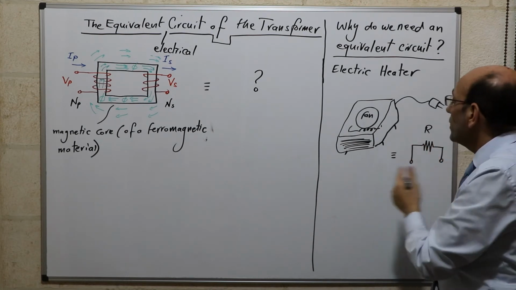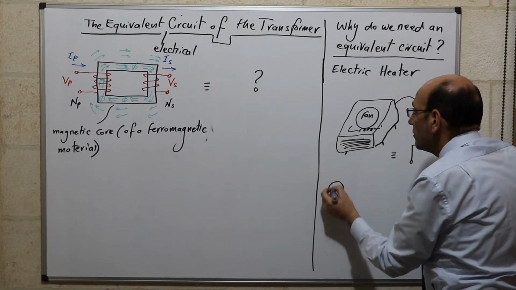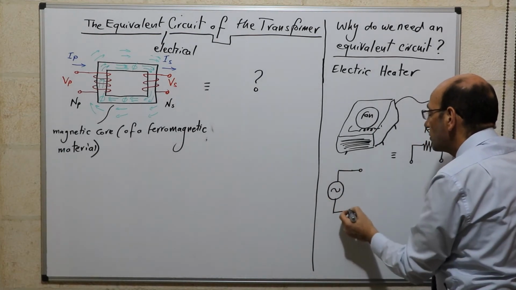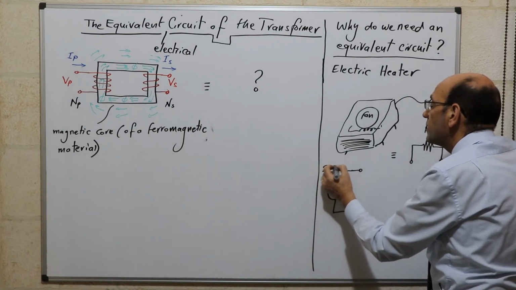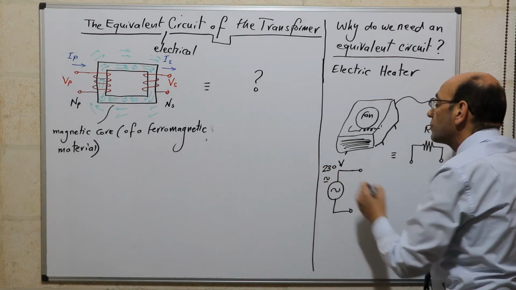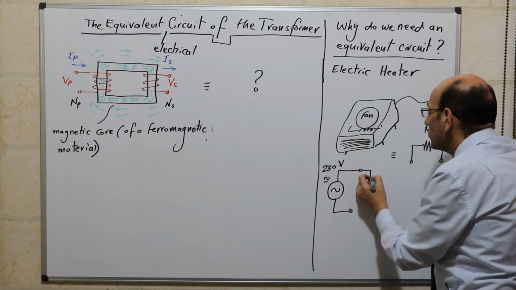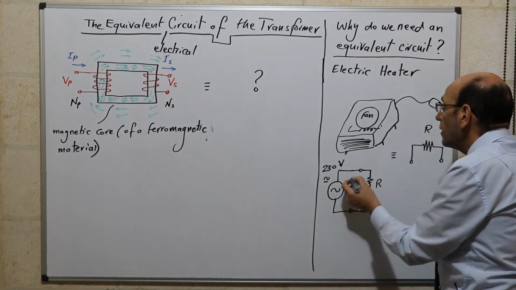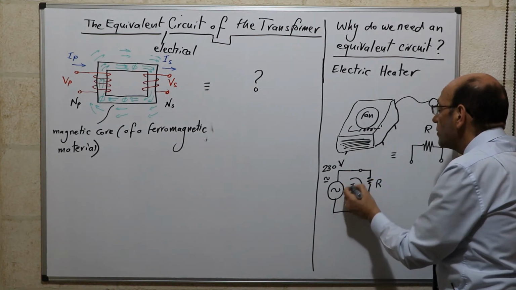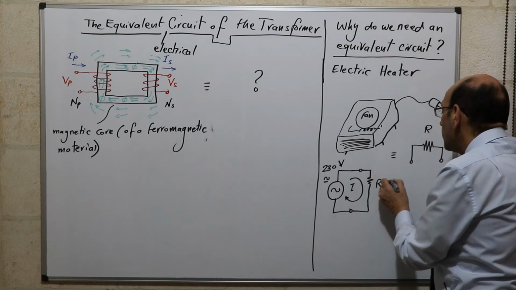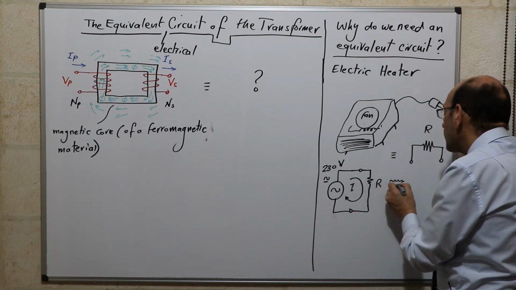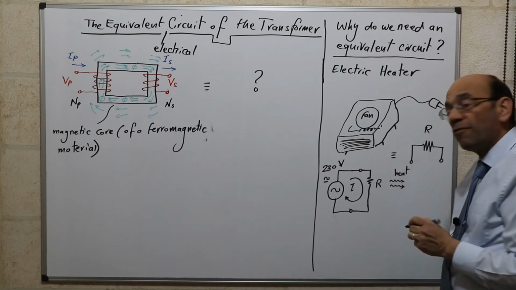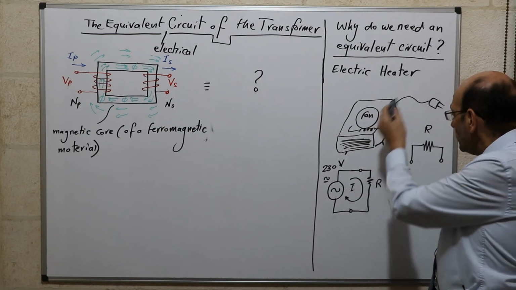And this is useful now because I could actually understand the electrical behavior by, for example, having a single-phase AC source, maybe a domestic AC supply of 230 volts AC, and connecting that to the electric heater, which is modeled here simply as a resistor. I can then calculate what current flows in this heater and how much heat it actually generates in terms of power. So this is actually useful.